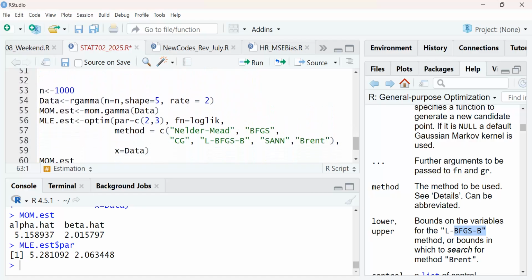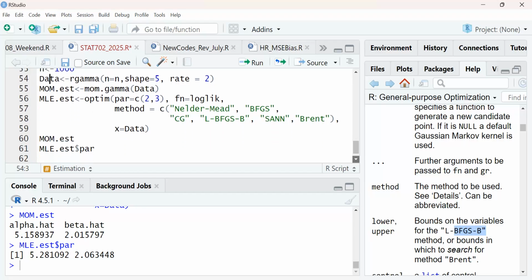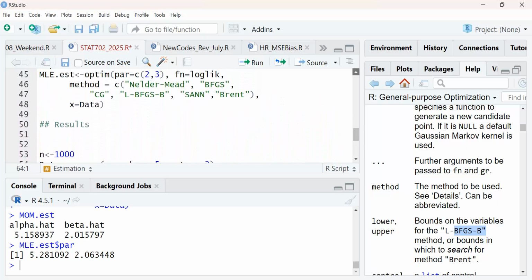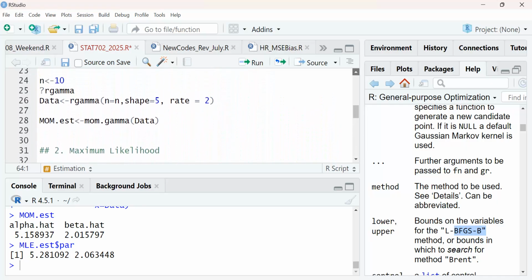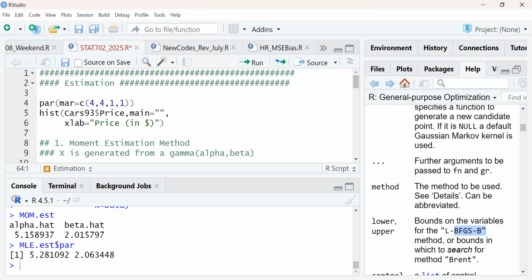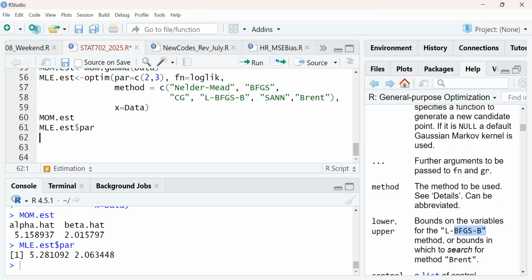This is 1,000. So if I do a histogram of it, it's just a vector. I think we did even up the data. So we can go there and do the histogram. Okay, I need to bring it down so that we don't worry about this.